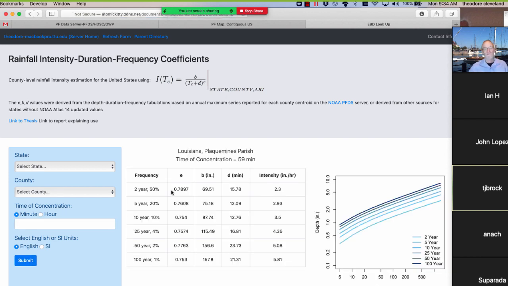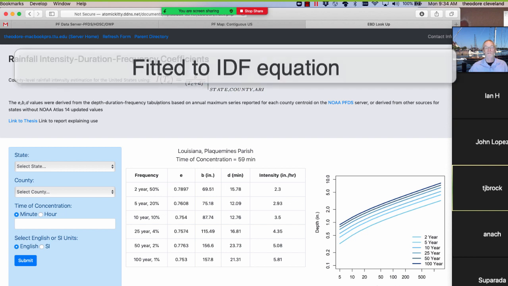And what it's done is it's gone to its own database, which already has queried the precipitation frequency data server, and it's fit this equation, and it predicts the 50% chance intensity for Plaquemines Parish of 59 minutes. Now let's go back to the server